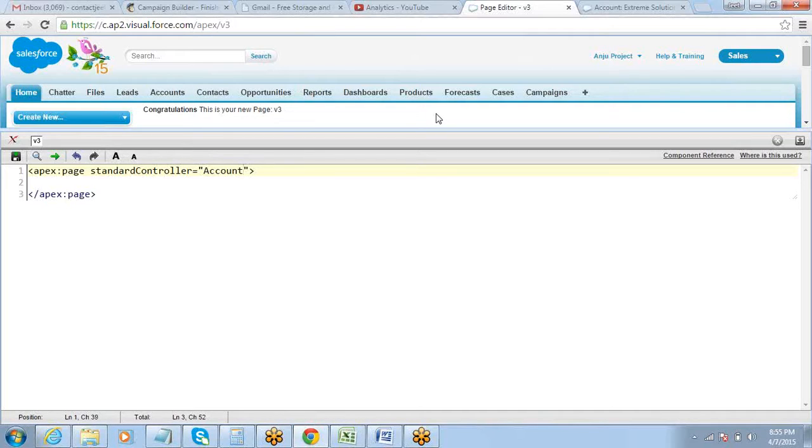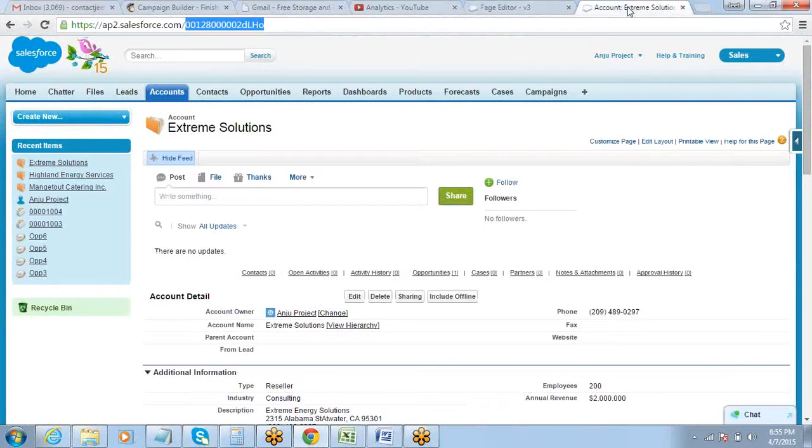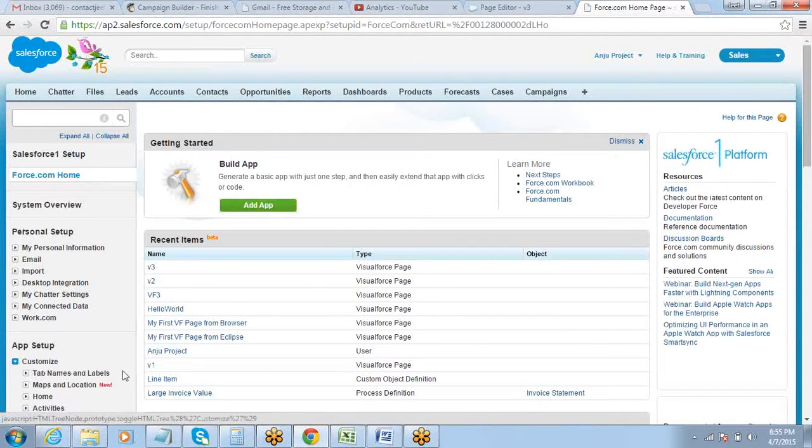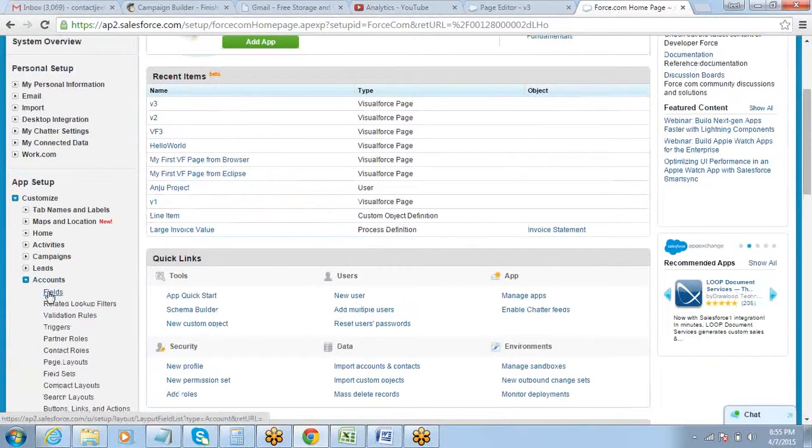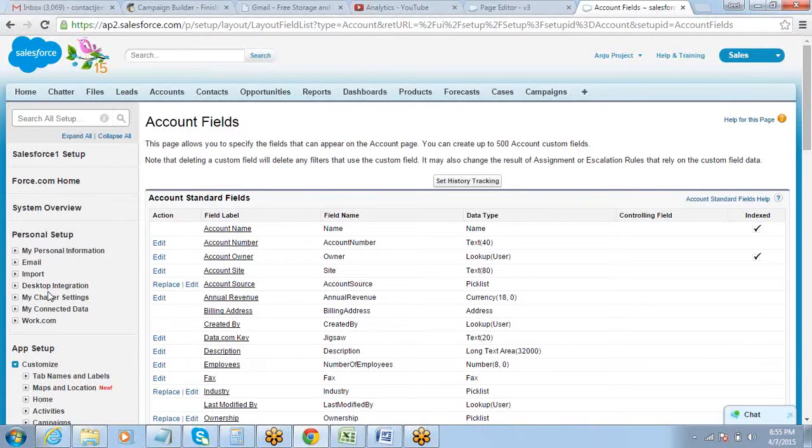Account and contact, I am telling you contact, but how will you understand while you are doing it? You always have that option of going and checking the object name. Where do you check the object name? You can just go to setup, customize, and the standard objects. I think everyone knows the names, so it should not be a problem. See, account fields. So this is the object name. Field names, while I was using account.name and account.industry, field names also need to be correct. Okay, so if I say that display the owner of the record, then this is the field name.